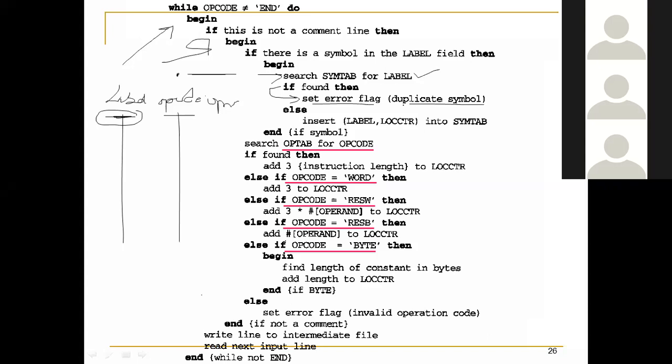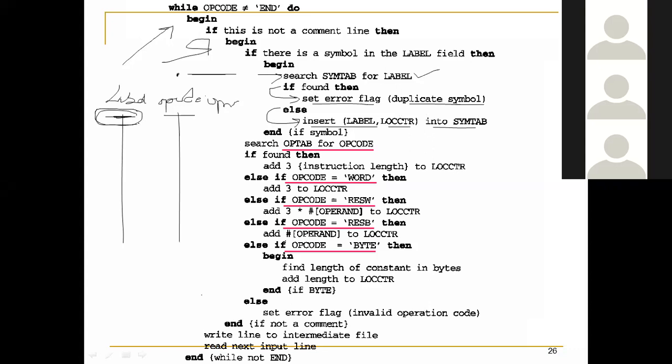So we will set the error flag and indicate that it's a duplicate symbol. If it's not there, then it's a new symbol that we have come across. So we will insert the label along with the current value of the location counter into the symbol table. So this will enter the label or the variable or the constant, whatever it is, along with its assigned address into our symbol table. Okay.